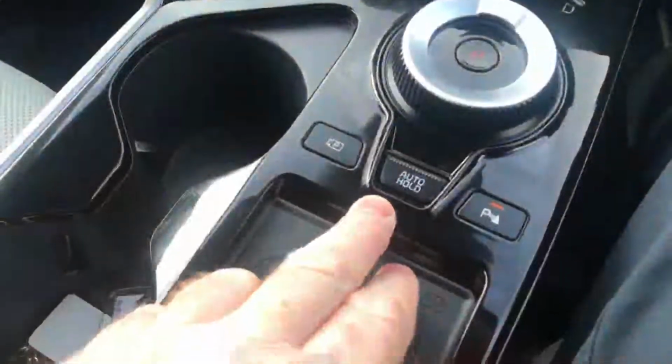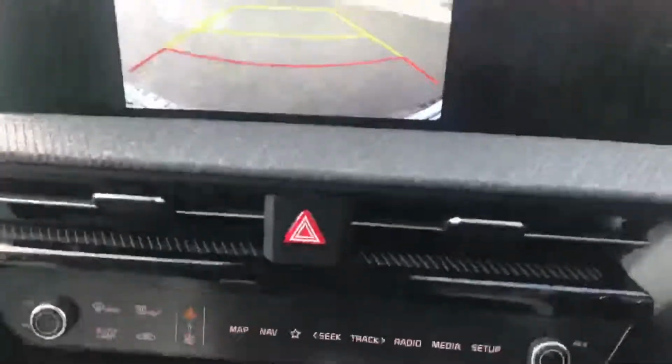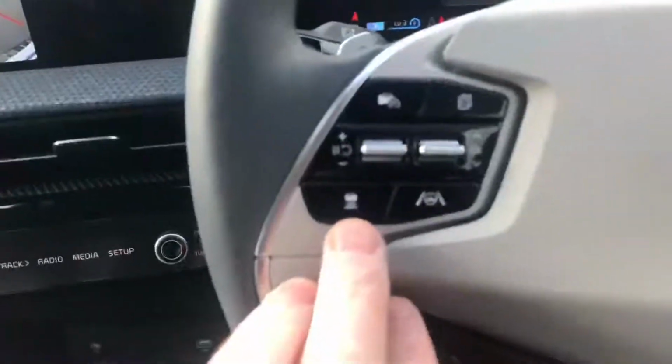Auto hold, color reversing camera, as I mentioned before. You can have that on while driving. It's just an aid for looking around at the rear. Huge glove box there as well. And then on this side you have your adaptive cruise control,